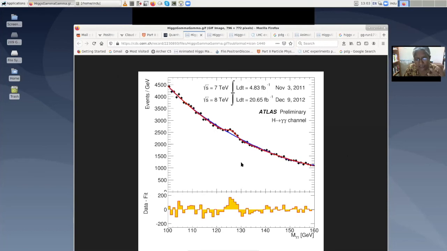So they have put into their simulations the theory with all possible Higgs masses and then compared with the data, and they find that it comes out correctly over here. This is where it actually matches, and the number of events. So you can see that the position of the excess events tells you what the Higgs mass is. It tells you that it's around 125 or 126 or whatever, and the height of this excess tells you the coupling strength of the Higgs to all the various particles in your standard model.